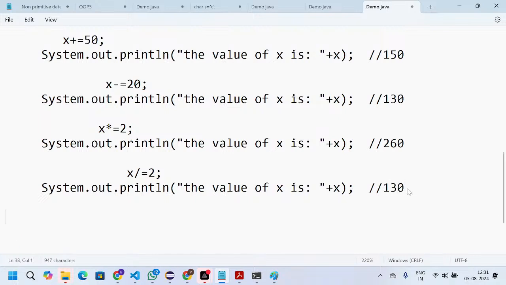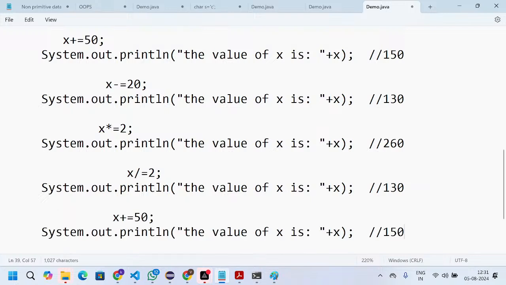Next, we'll have the modulus. Modulus will always fetch the remainder. So the same 2, and then we'll see what might be the result. Okay, we'll get 0.